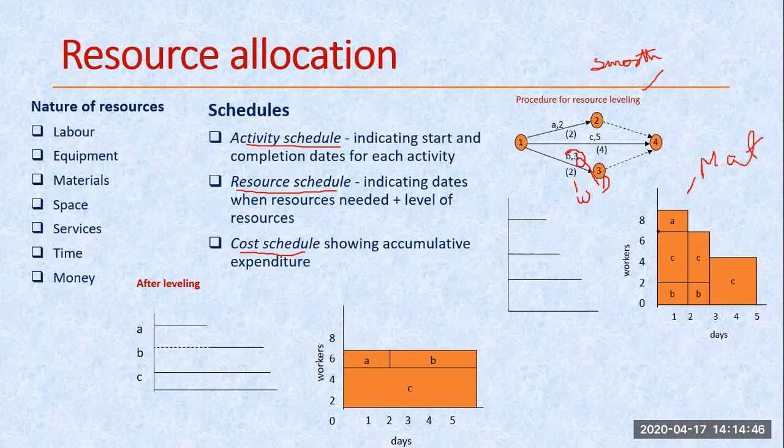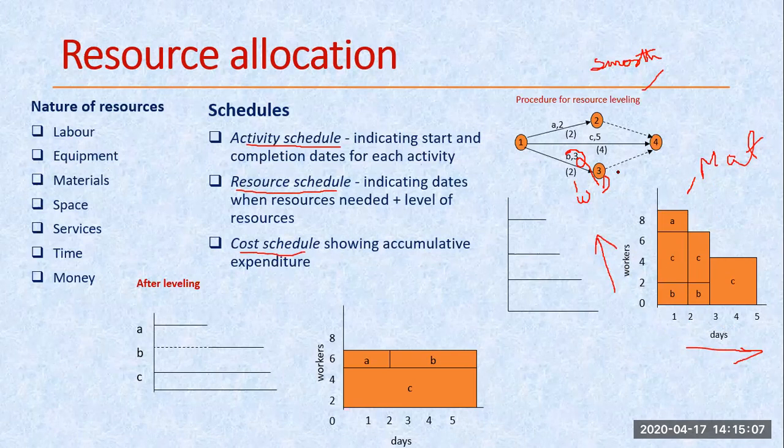So this is 6 plus 2, that becomes 8. And how many days? 2. So here you can see we are representing the days along my horizontal axis, and here we are representing the resources. In my case, resources are the workers only. So 2 workers, 6 plus 2, 8.